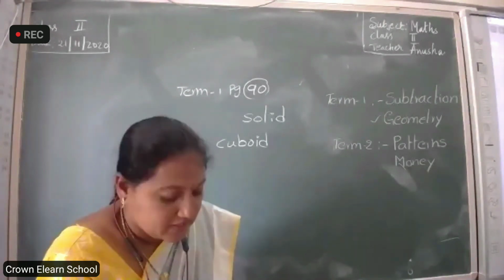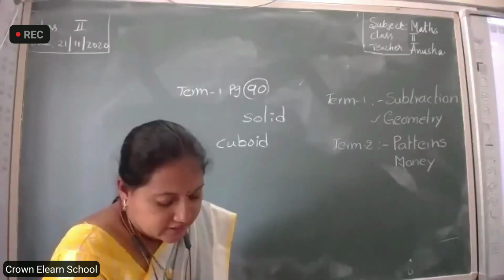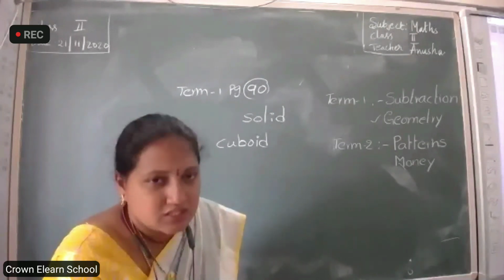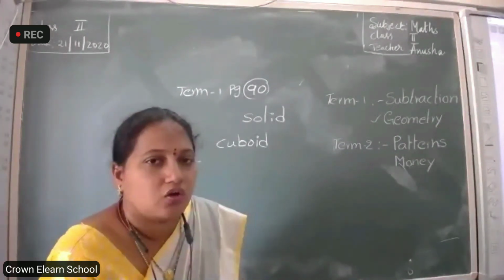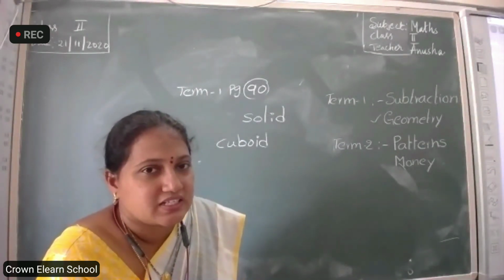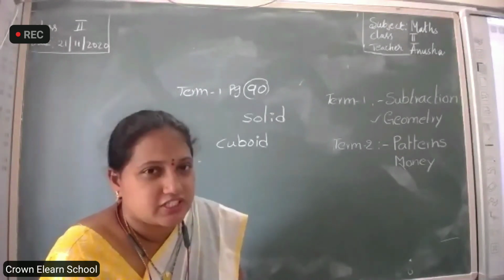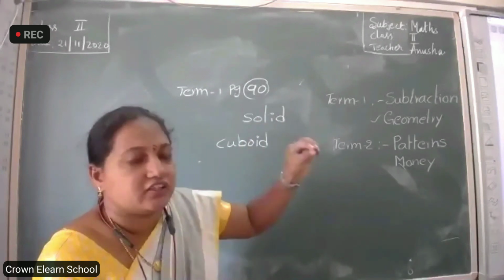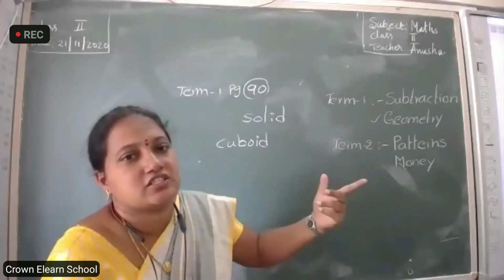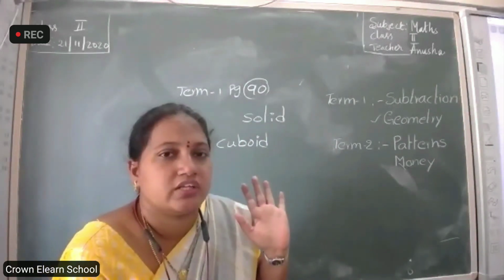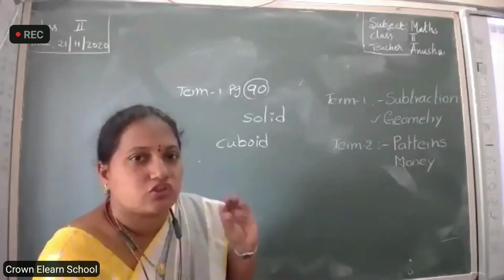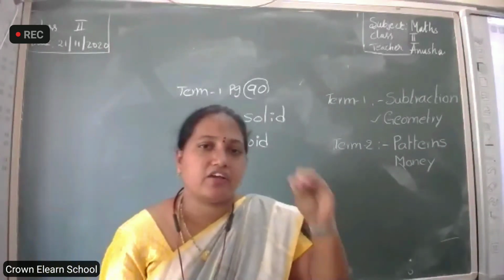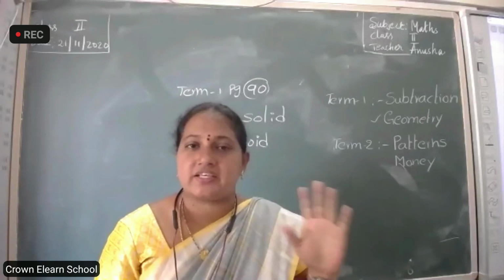What are the examples? Blackboard duster, gift box, wooden box, and pencil box. These are the examples for the cuboid. You just need to understand the shape well enough. Regarding solid shapes, if you can identify the given shape, well and good. That is enough. Okay, ma? You just have to identify which solid shape it is. That is enough for you.